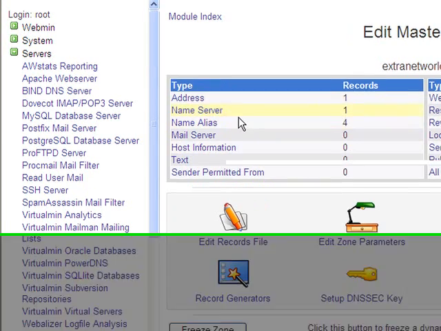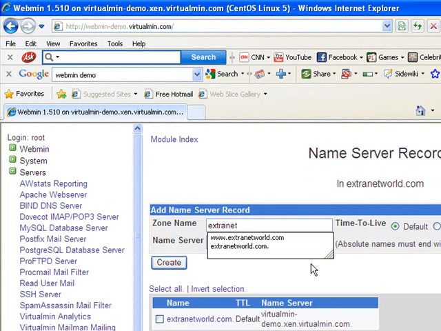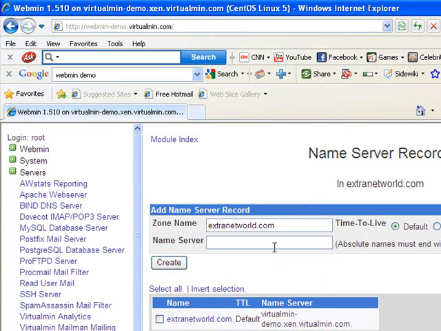Now move into the name server and add DNS server for domain extranetworld.com. So DNS server is ns.extranetworld.com.